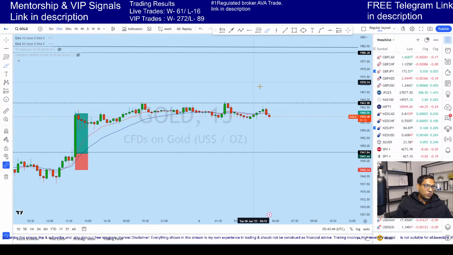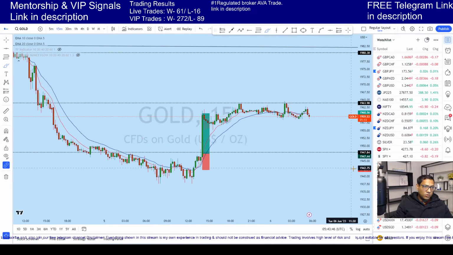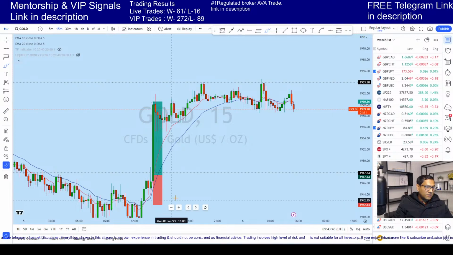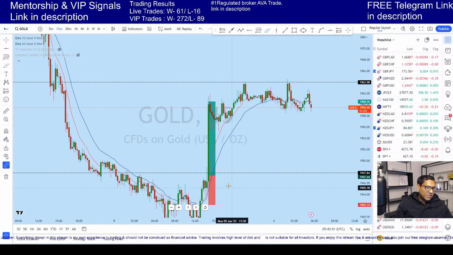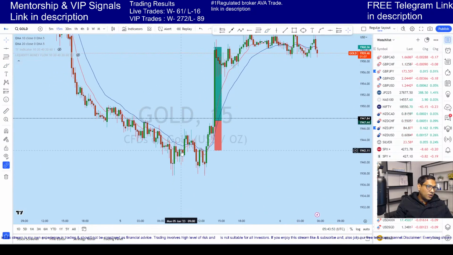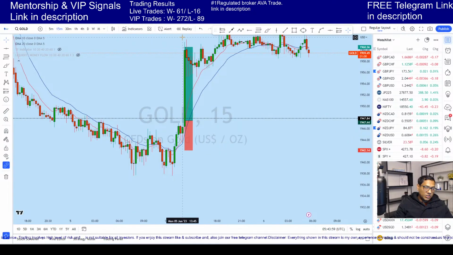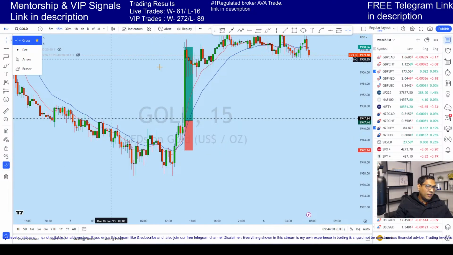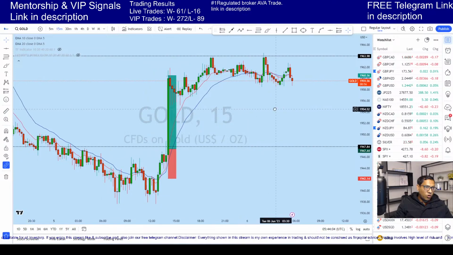Now let's go back to the 5 minutes, 15 minutes that we are talking about. Now on the 15 minutes, see that this is where we saw this massive move happen, a double bottom, and this is where we entered the trade. If you remember, I discussed that, and in just one candle, in 5 minutes' time, it has given the full 2 times profit on this one.